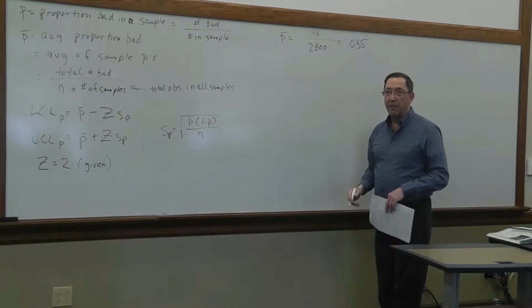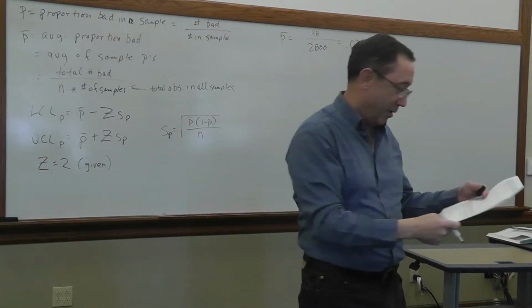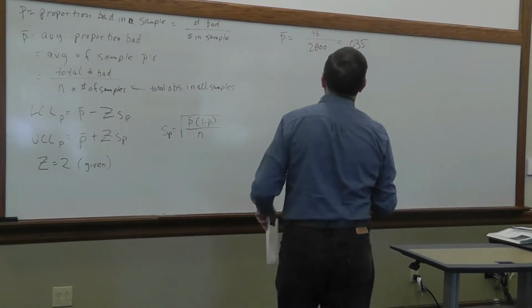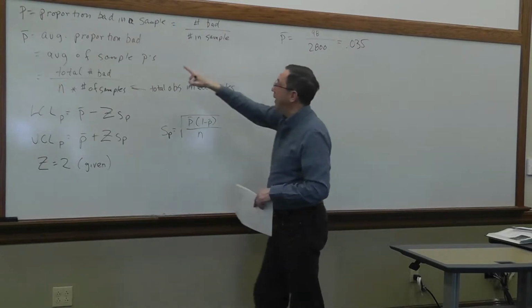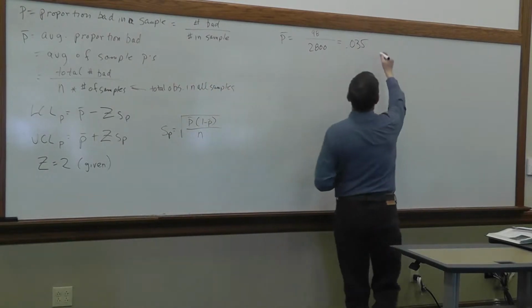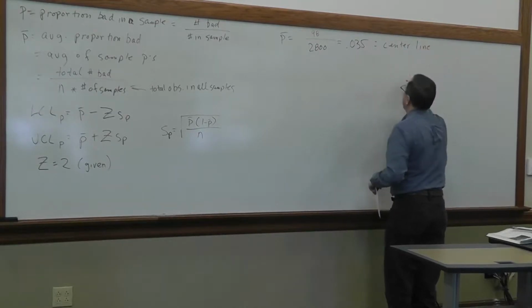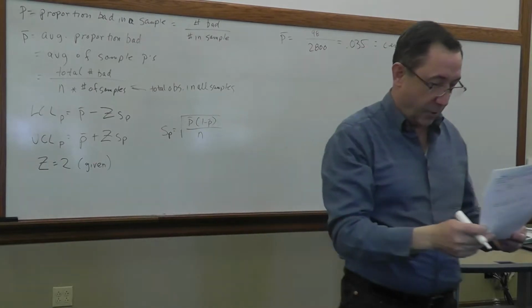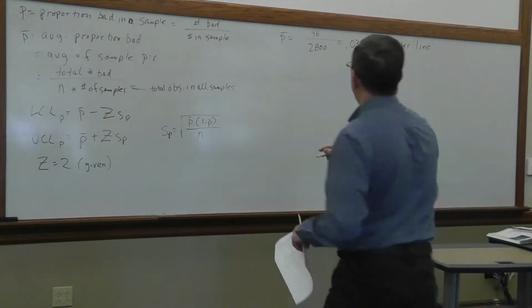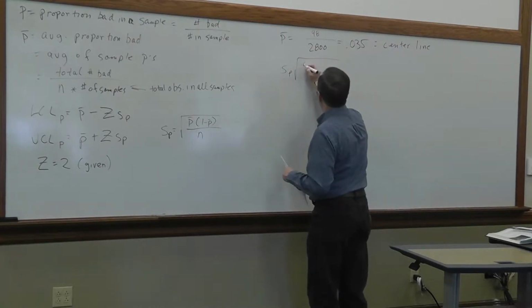Again, this is crunching on the calculator on my desktop, so as you can tell, I have been known to make errors when doing that. So we've got p bar, that's our center line, the average of the sample statistics p. We want to do the control limits, but we need S sub p first, so we'll do that. So the standard deviation of those sample p's, 0.035